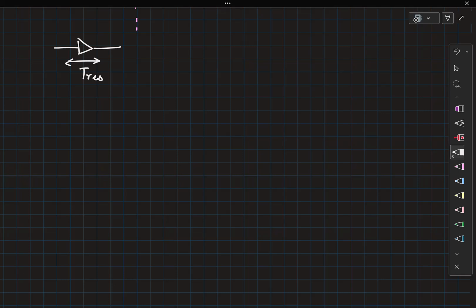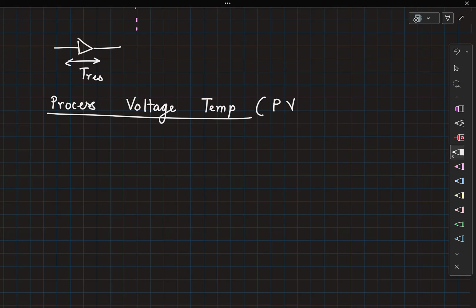So for this, we have to understand something called as process, voltage, and temperature variation effects in IC design. This is in short called as PVT,